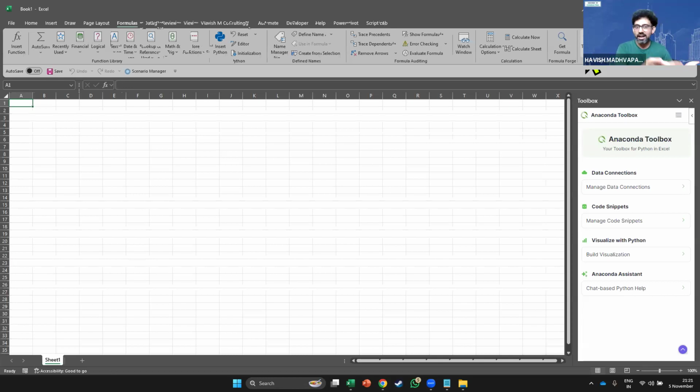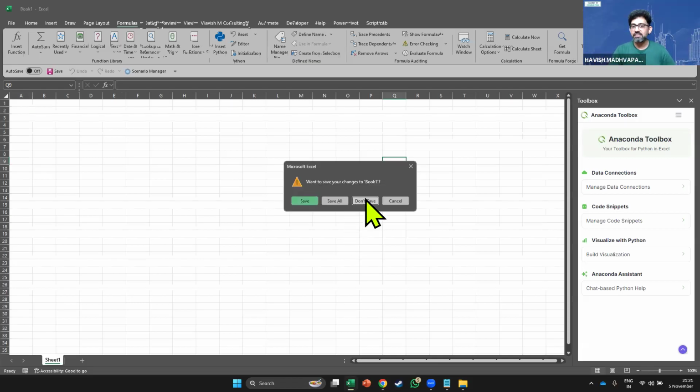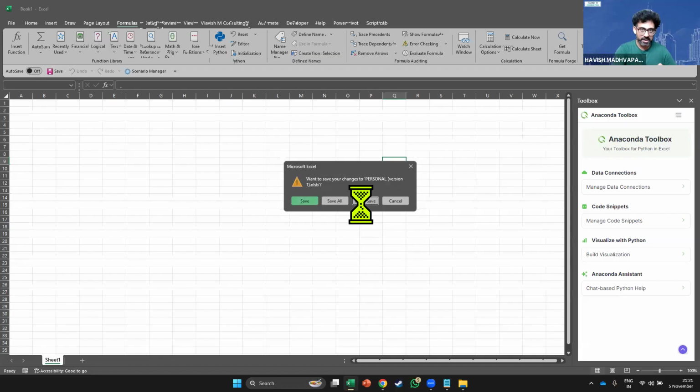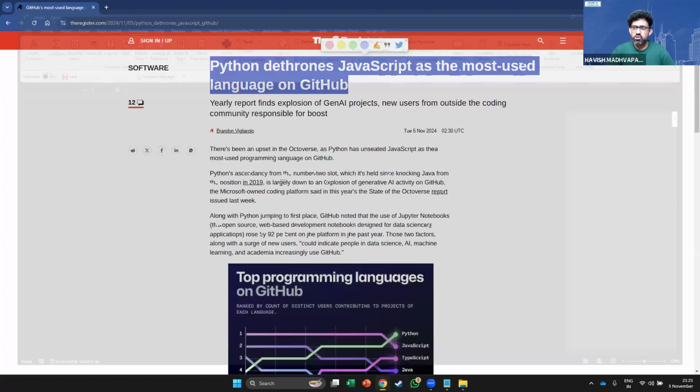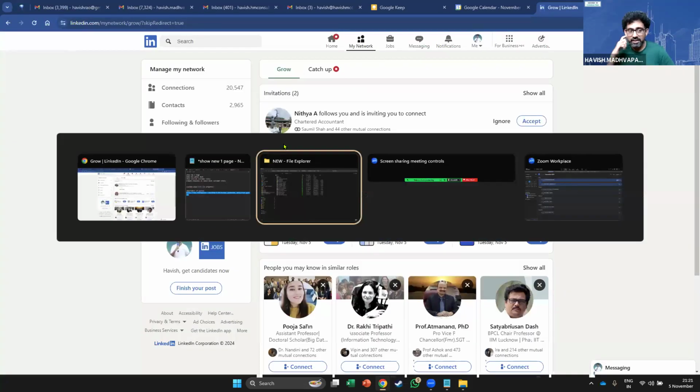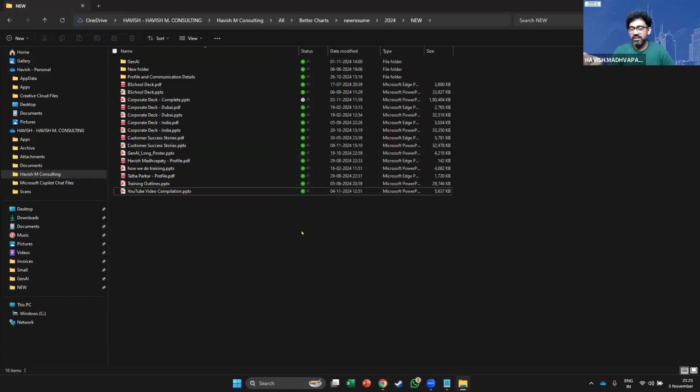There's no other choice. Now I'm teaching undergrad kids how to learn Python and how to use it on Excel. You are MBAs and you want to accelerate your growth in the next couple of years. It's a must-have skill that all of you need to pick up, right? In addition to Excel and Power BI, obviously. Generative AI I'll not talk about because we're in any case going to cover it separately. But yeah, that we'll keep for the other session.